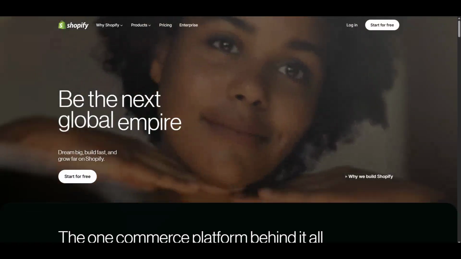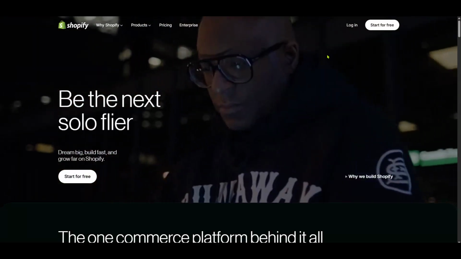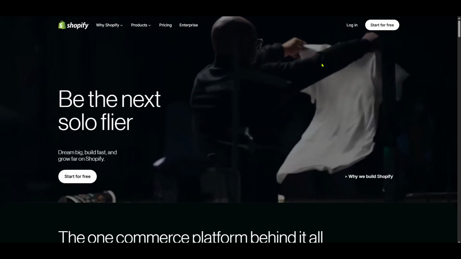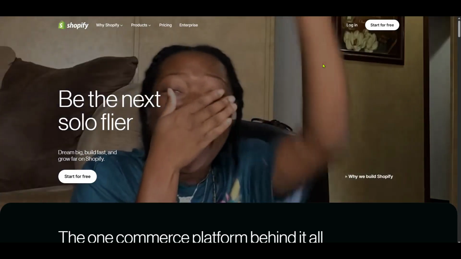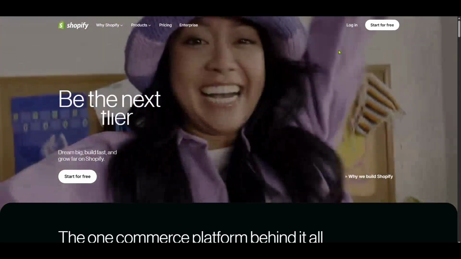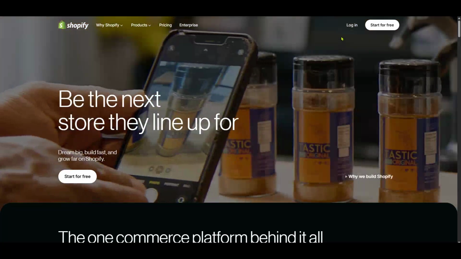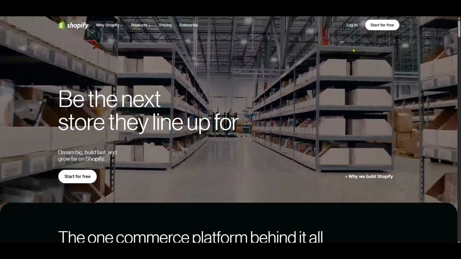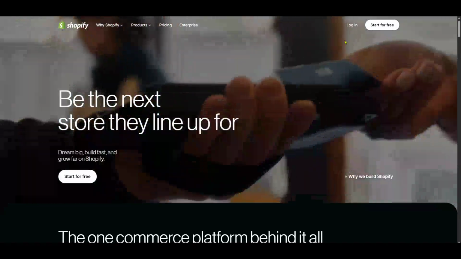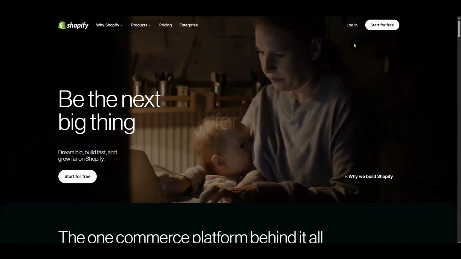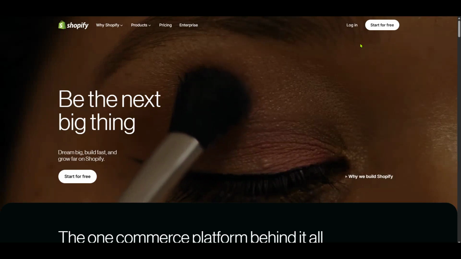In today's video, I'm going to teach you how to add color swatches on Shopify using category meta fields. This guide will walk you through each step, ensuring your online store benefits from the visual appeal and organizational tidiness of color swatches, which can truly enhance the shopping experience for your customers. Now, let's dive in and get started.